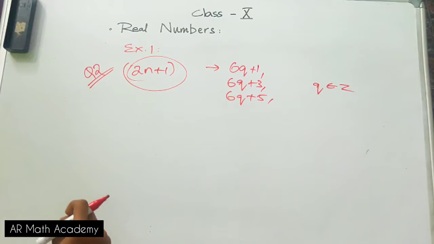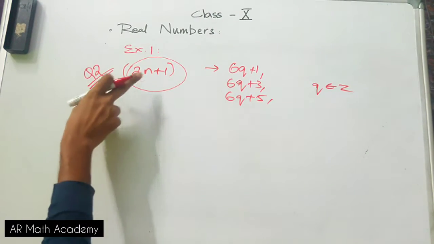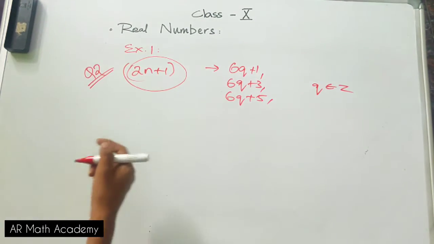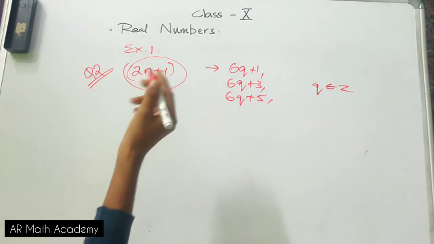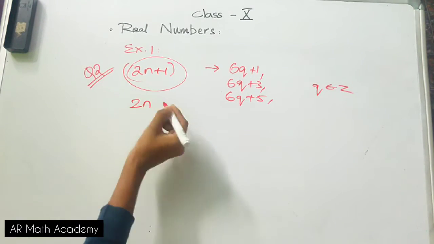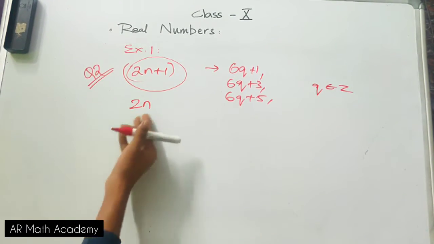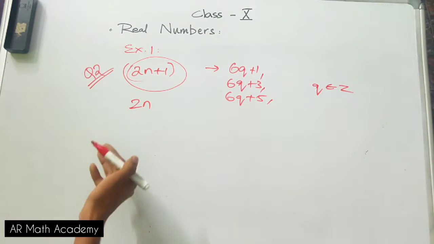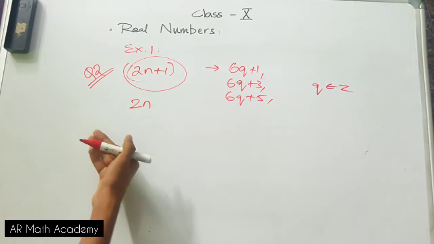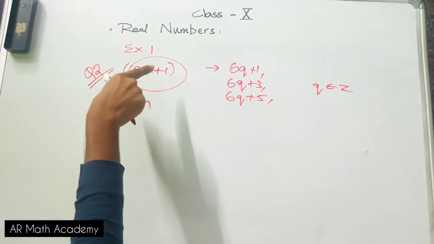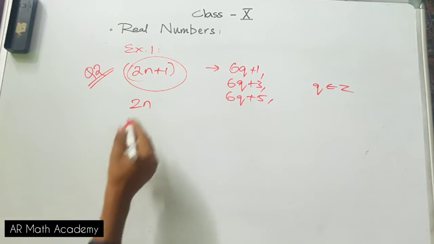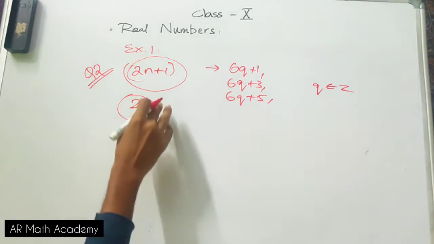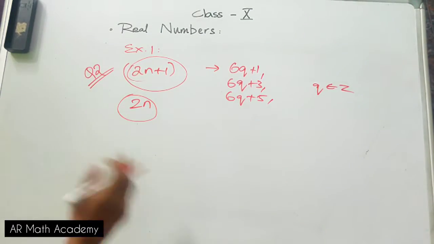So basically you know that 2n plus 1 is a representation of an odd integer, and 2n is a representation of an even integer. When you substitute 1, 2, 3, 4 or any number over here, you get an even number only. Substitute 1, you will get 2. Substitute 4, you will get 8, which is an even number indeed. And substitute different values for n in 2n plus 1, you get an odd number only. So these two are the corresponding even and odd notations of any number.